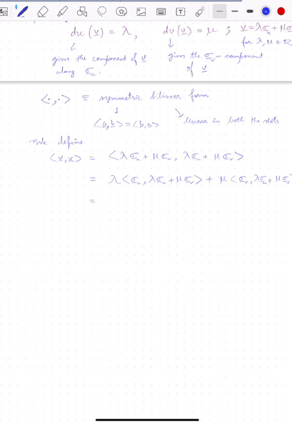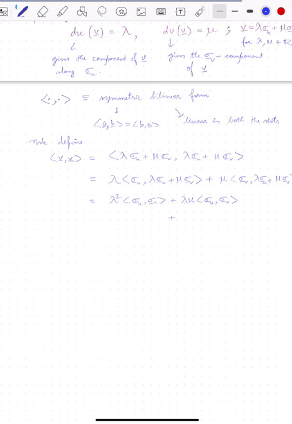Then this will be, so we have invoked linearity, bilinearity on the first term. Now let's do so for the second term. So we have lambda. Then of course we'll have lambda into lambda squared. So it will be sigma u, comma sigma u, plus, then we have lambda into mu. So lambda mu. And we'll have sigma u, comma sigma v, right? And for the second case, what we have is plus, we have